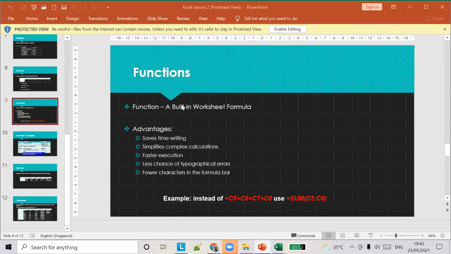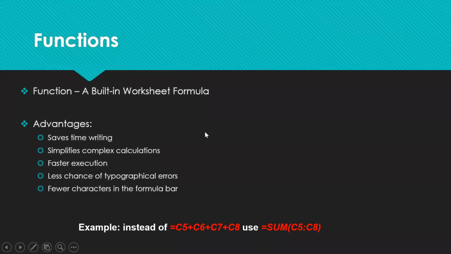So functions. What are functions? We wrote all our formulas ourselves, right? Excel provides predefined formulas, so we don't have to, let's say we want to add particular cells, write A1 plus B1 plus C1 plus 3. All we can do is equal to sum, and we can give the cell range. Last week we learned what is a cell range. Can anybody tell me what is a cell range?